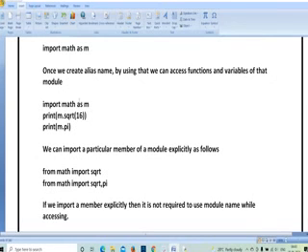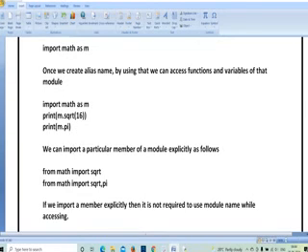So here, what is the meaning of import math as m? Writing math each and every time is difficult, so instead of that I am making that math as m for temporary purpose. Until you close that Python shell, you can use the m symbol instead of math. Why? Because you have created an alias name, a shortcut name for the word math.